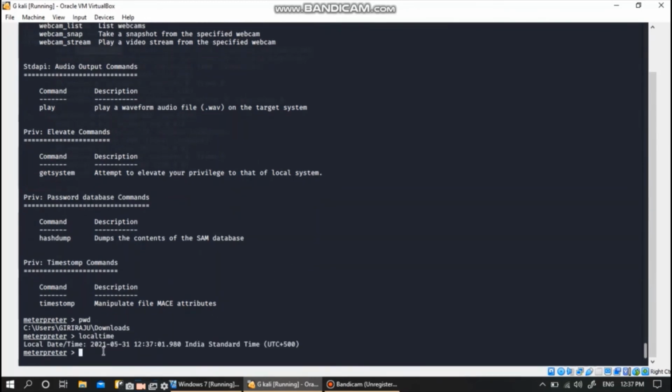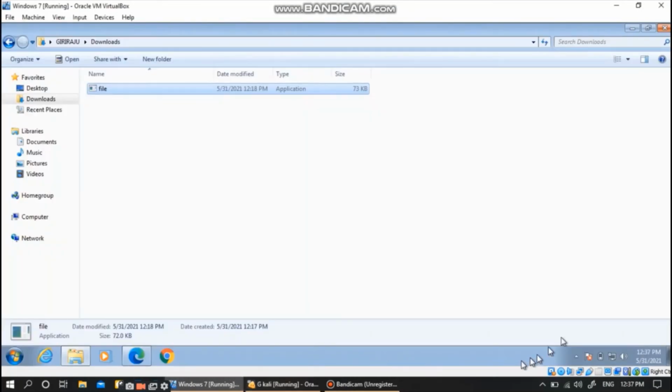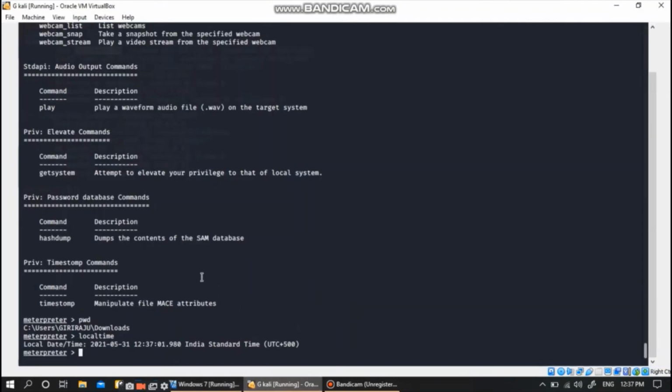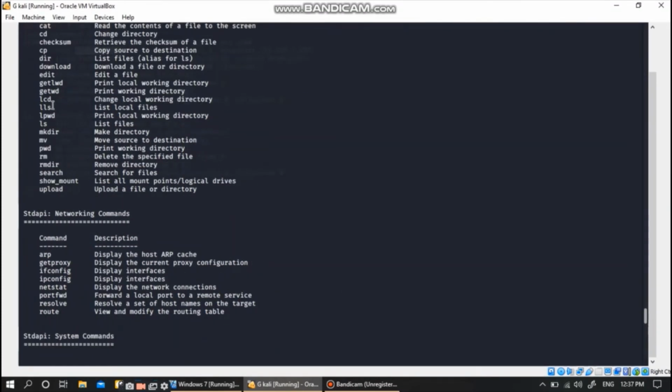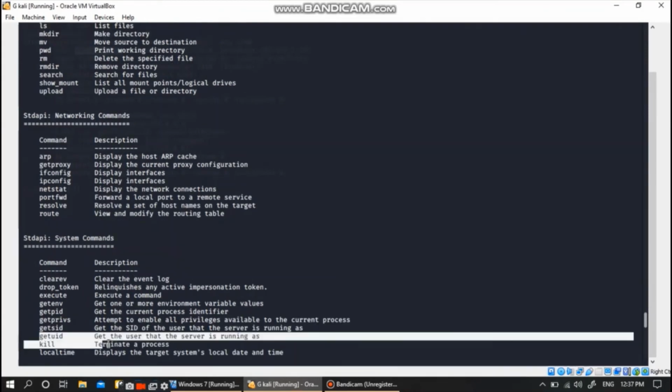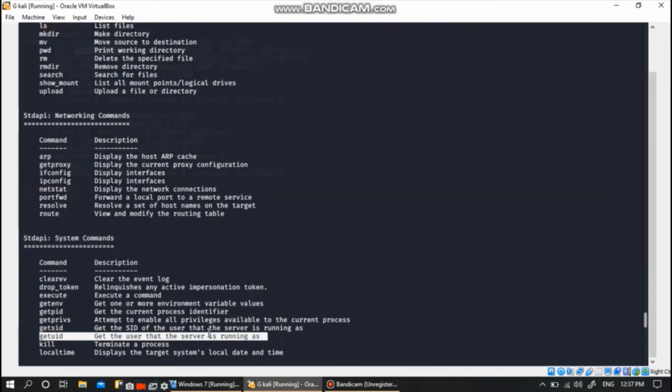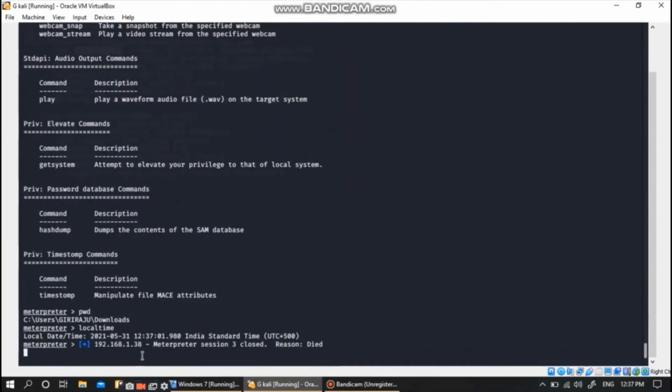So the localtime command, we are using this to find the exact time that is present in the Windows 7 OS at that point of time. So it is the same that gets displayed here. There are several commands that can be done actually.